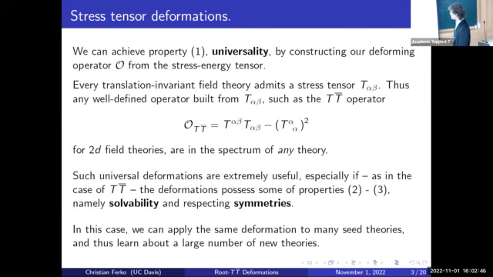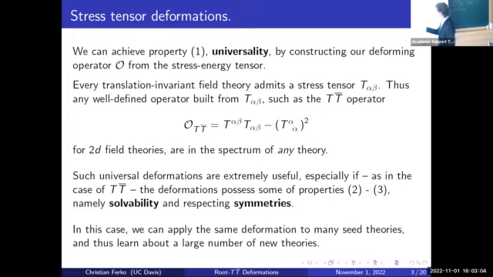Since every translation-invariant field theory admits a stress tensor T_αβ, if you can construct any well-defined operator from this T_αβ, then you're guaranteed that that operator exists in the spectrum of any theory. And again, as we saw in the previous talk, a nice example of this is the TT̄ operator for